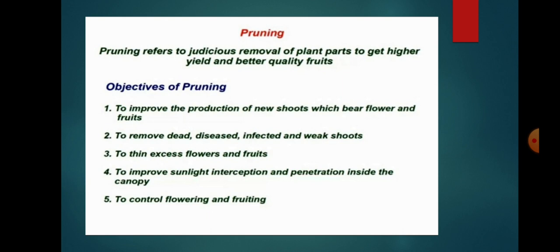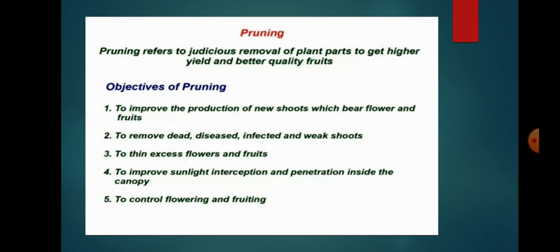To remove dead, diseased, infected and weak shoots. If any disease has attacked the leaves, remove that. Infected and weak shoots must be removed